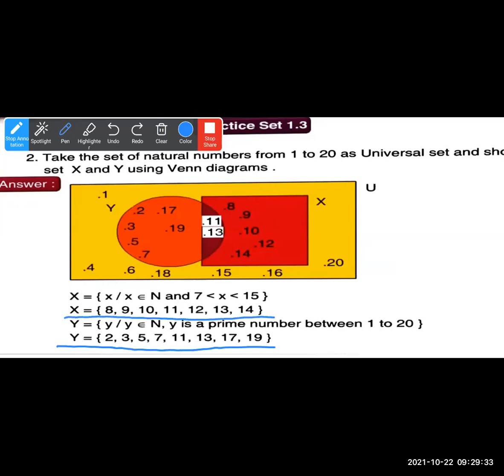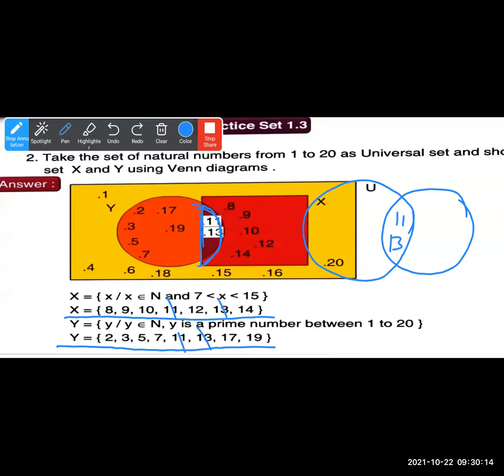Now see both the sets carefully. Before drawing the Venn diagram, you have to prepare the list of both the sets X and Y which are inside the universal set. Before drawing X and Y, you have to see the common elements of X and Y. Look here, 11 and 13. These two elements are common here. So that thing you have to write in the common part. You can show this in a circle also, 11, 13 this way, or in a box and circle also. You can write in any way.